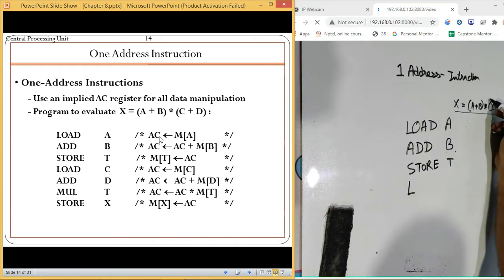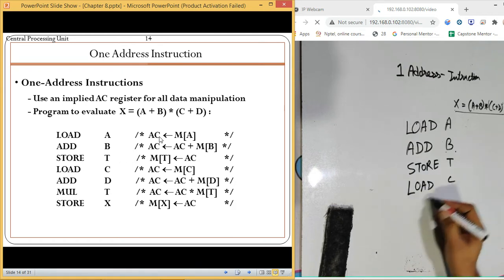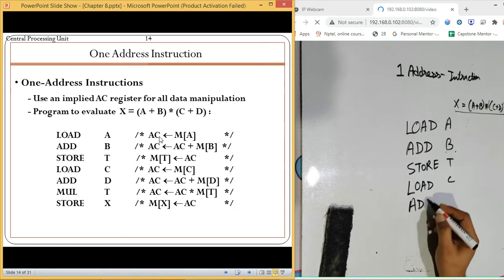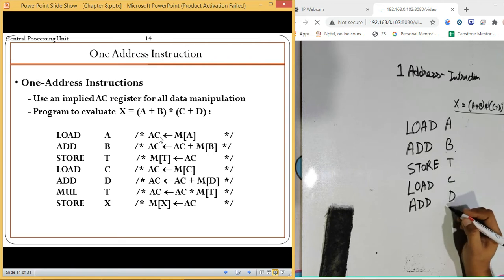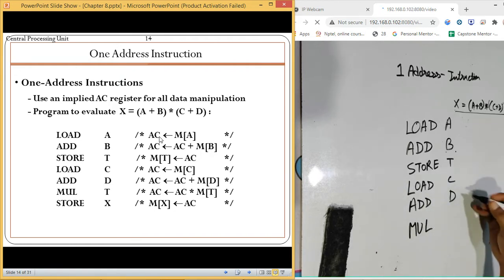Then we start with the execution of the next part. We are going to load the value of C, then add the value of D with it. Once it is done, we are going to perform the multiplication. What multiplication are we going to do? Once we have added the value of D, that result is already stored in the accumulator.